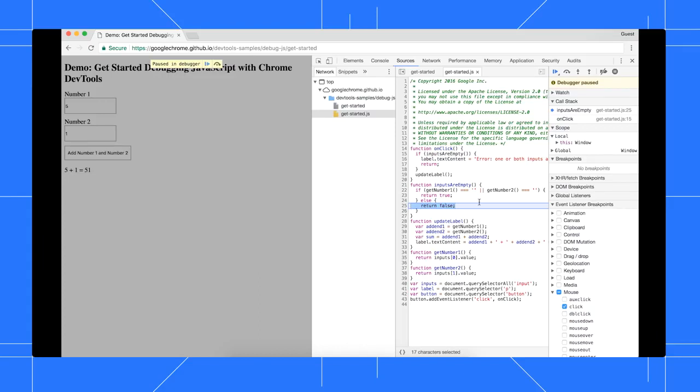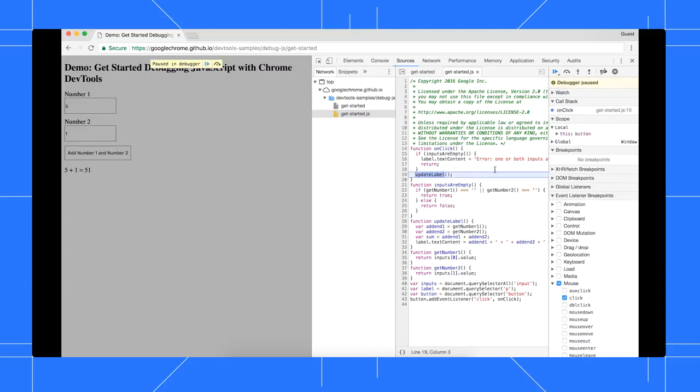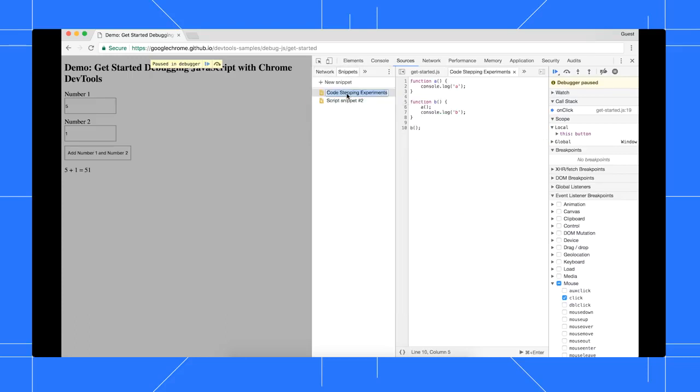Last, suppose I'm stepping through a function and I realize it's not relevant to my bug. In that case, I can press Step out of current function and DevTools executes the rest of the function. If this doesn't make complete sense right now, I recommend creating a snippet, which is a little block of JavaScript code that you can execute at any time. Set a breakpoint in your snippet and play around with the code stepping controls yourself in order to understand how